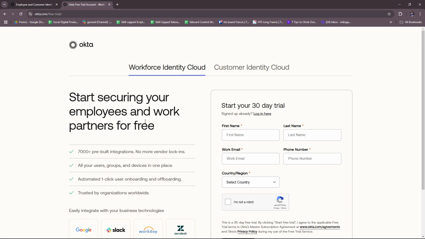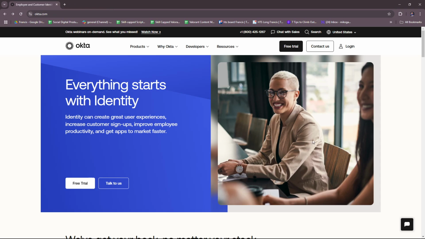So once you've been in contact with Okta, they can actually tailor the trial specifically to your needs, and they're very accommodating in the email. So just feel free to keep in contact with them through your email once you've signed up for your free trial. But today we're going to be focusing on what info we can gather on their website before you get